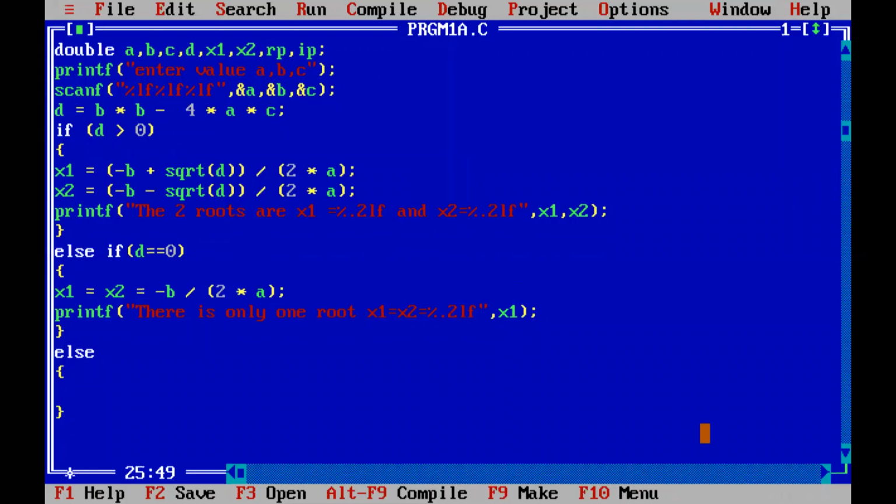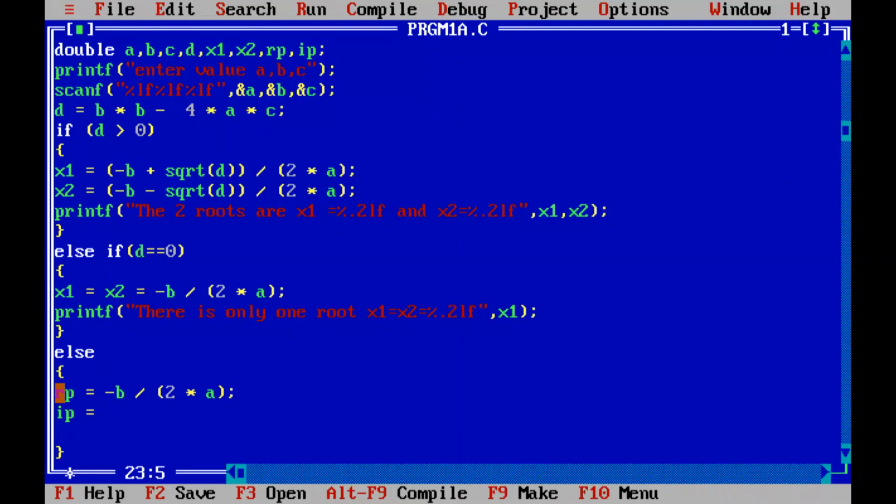What will be the third case? The third case has roots again. We have two root values, but we have a real part and an imaginary part. So for the real part, you better give space after each, because we are assigning also, no? So minus b by, then again 2 star a, right? 2 star a. So this will be the real part.